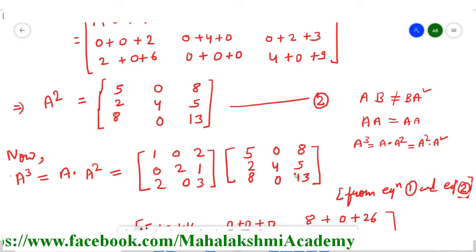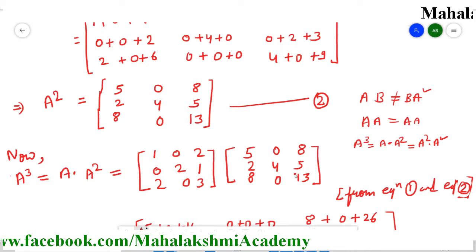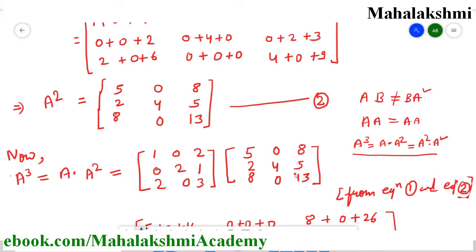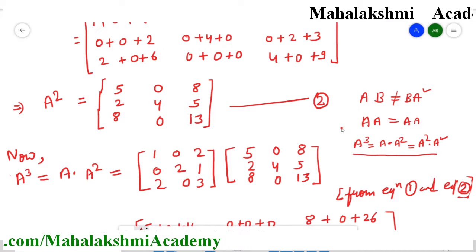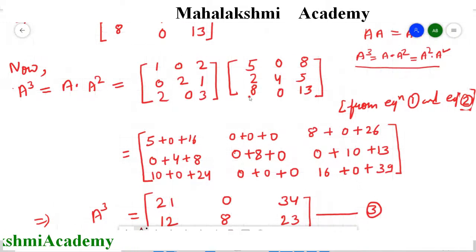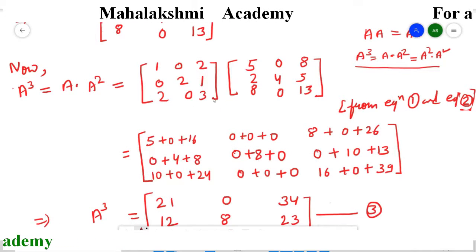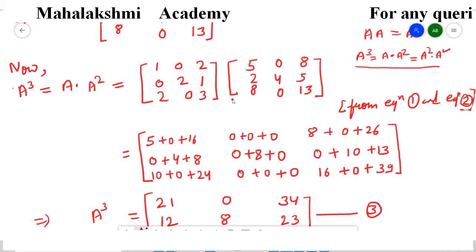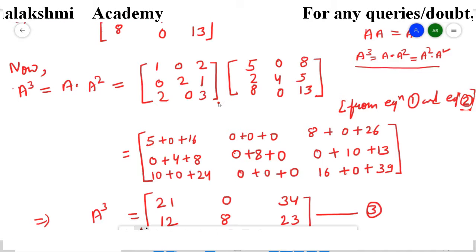So this you can try at your home whether it's commutative or not, so you will come to know that it's true. Now in the same way, after that important concept, we'll move further. So again we have to multiply the two matrices.